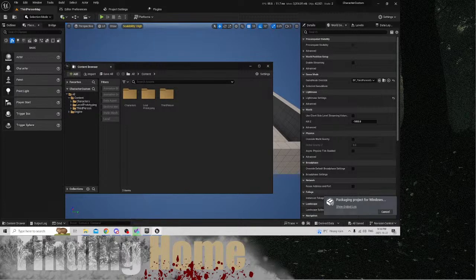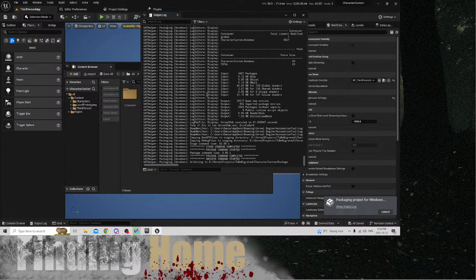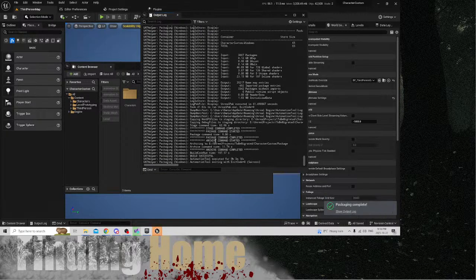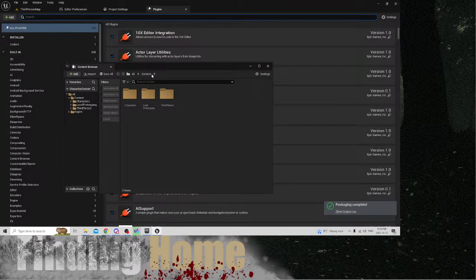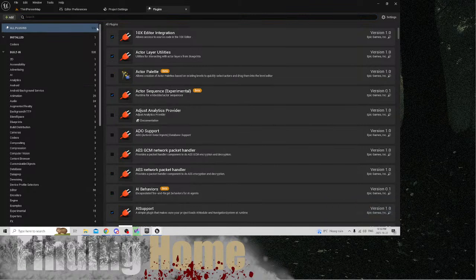Yeah, it looks like it's pretty much completed here. It usually gives me a sound. It's still packaging, but there we go. See, it's completed. So now we're going to go to plugins here, and every time you build, it gets faster and faster because it understands what you're looking for. And so we're going to do virtual